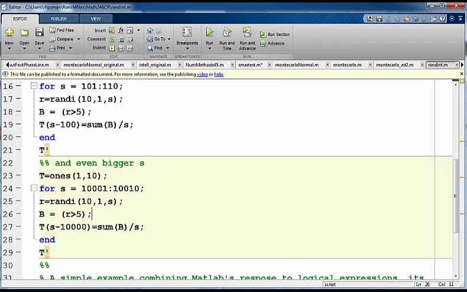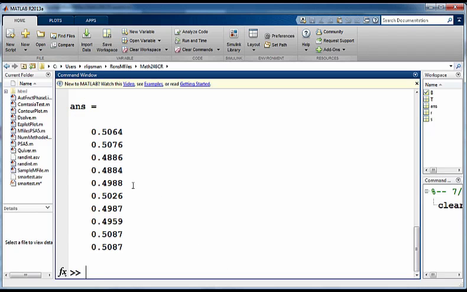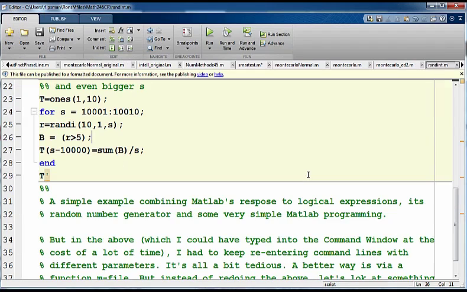If I run it, and there they are. So pretty close, huh? We're down almost 1 decimal place. But not identical to 50%, but quite close. Okay. So this is a simple example combining MATLAB's response to logical expressions, its random number generator, and some very